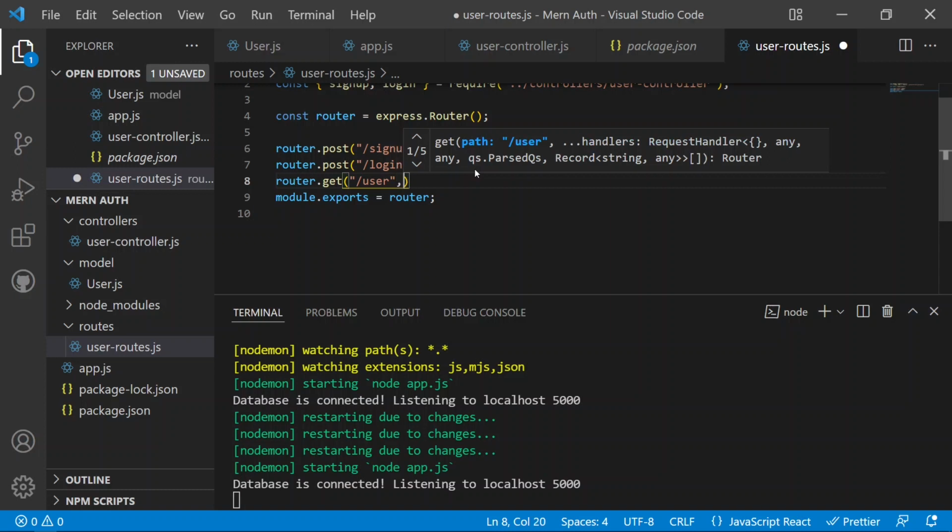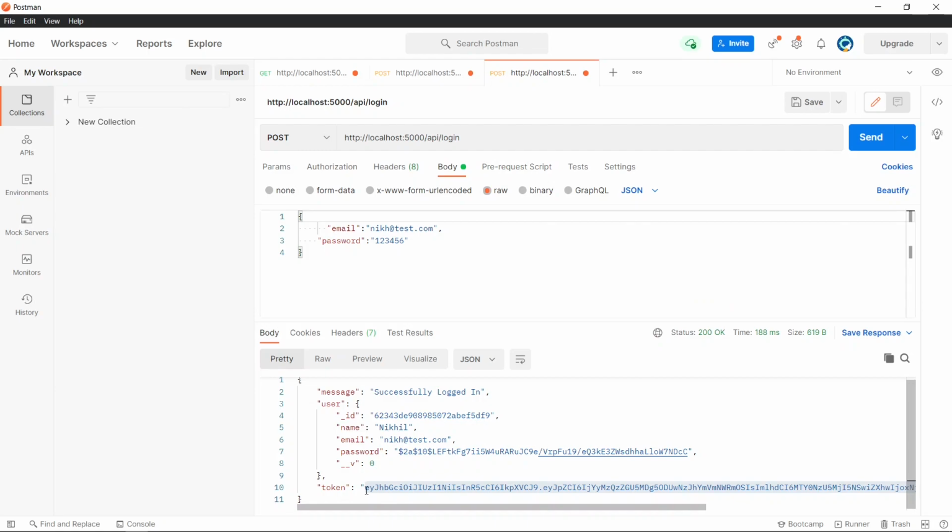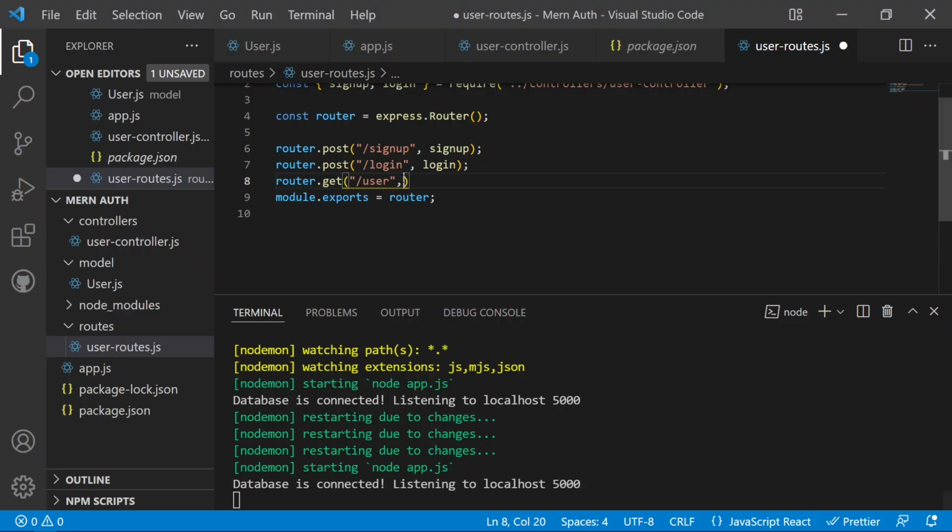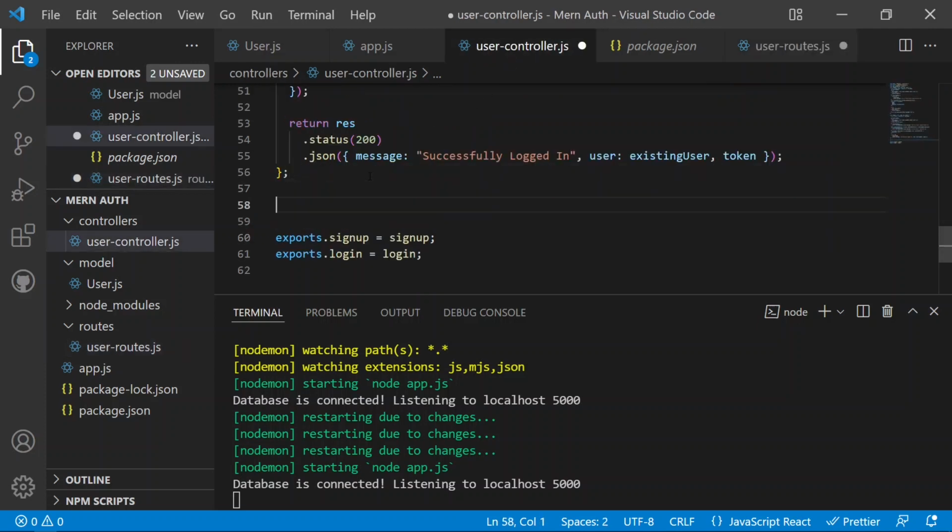Here there is a tricky part: we need to first verify the token which we have sent through the login. To authorize the user, we have to access the token which we have sent, so we need to provide the access token with every request after that. Then we verify the token, and then share the information with the user. So first there will be a new middleware for the verification of the token, so we create a new function after that. It will be a const, verifyToken,